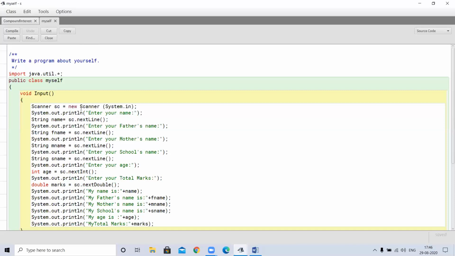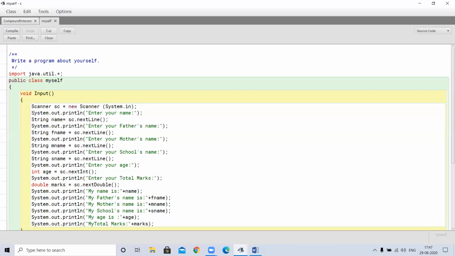So with the help of the new keyword, we allocate the memory, and however many inputs we give will be stored in that created memory. That's why we are using this statement. You just have to learn it. This is the syntax to create the object of a scanner class: Scanner, object name, new Scanner System dot in.